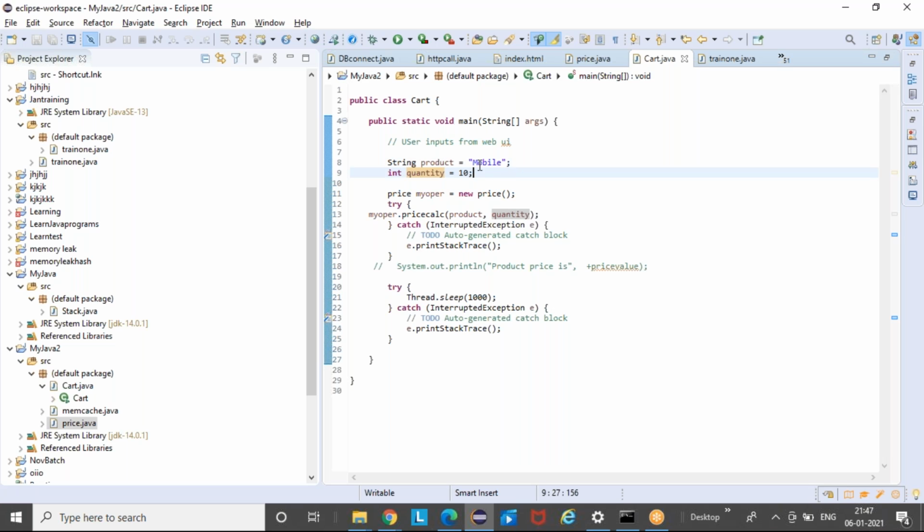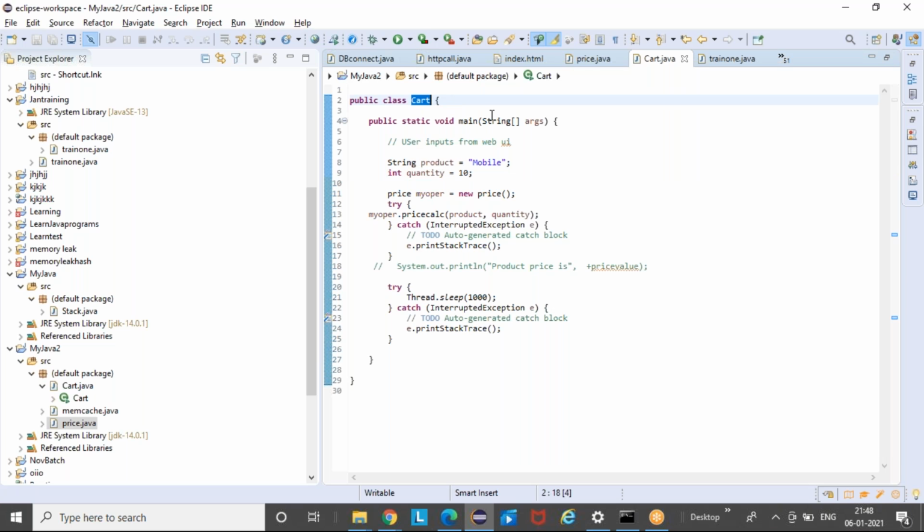Ideally, what will happen is this method will receive this data from the UI. So in the UI, you will say, I need a mobile Samsung, I need quantity 10. It will come once you hit the submit button through HTTP call. In the HTTP call, the product equal to mobile and quantity equal to 10 will be there in your post call. It will come to your server, and then server will call this cart class file.